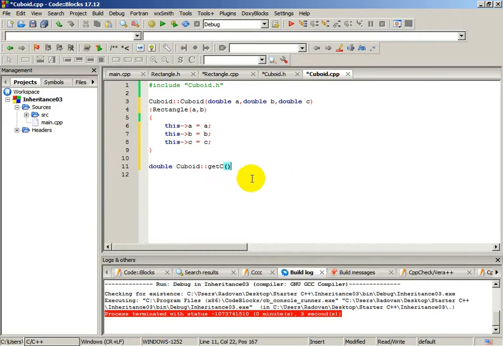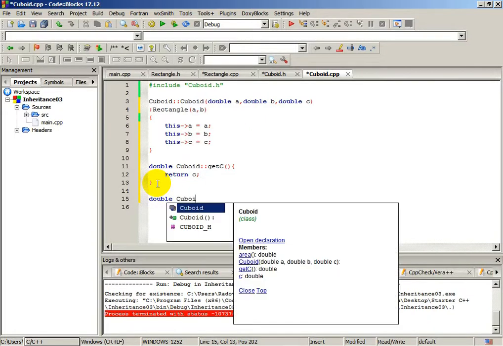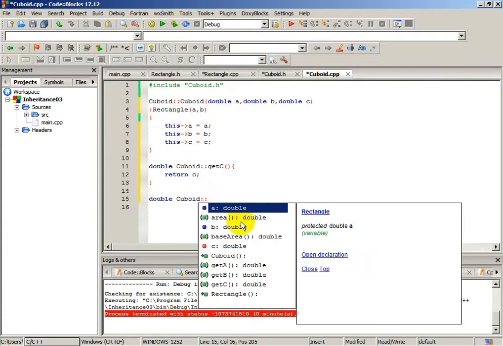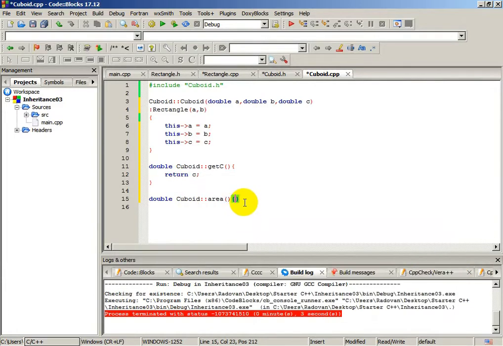Let's define the getC function. It will return C, and now let's define the area function, and we need to use a formula to calculate the area of the cuboid. We need to return